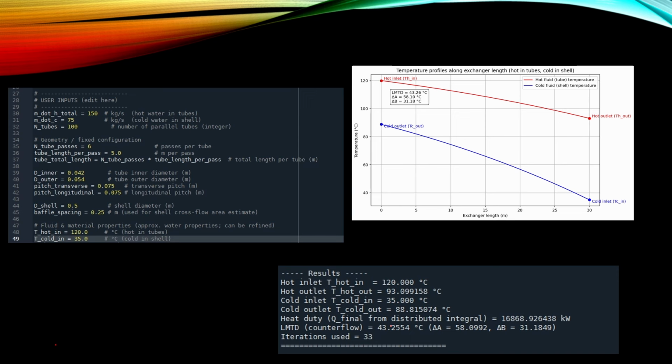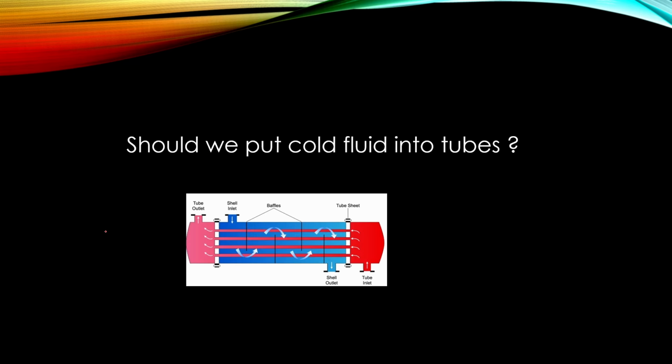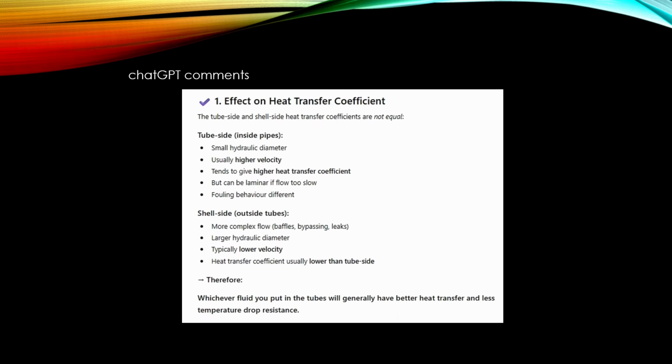LMTD value. When we design this kind of heat exchanger, we have a big question: which fluid should we put inside those tubes? In our example, we had hot water coming in and going through those pipes, and our cold water was coming into the shell side and warming up there. But can this be vice versa? I asked ChatGPT which fluid we should put inside those tubes, and it raised